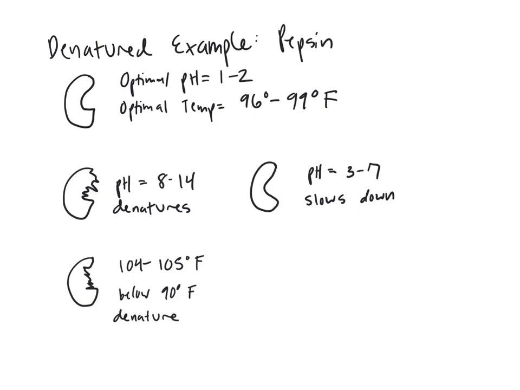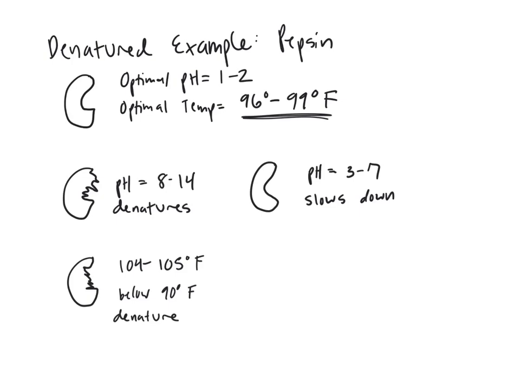inside your body have a similar optimal temperature, just because your body temperature is pretty uniform throughout all of your organs. It's not like pH, where your stomach has a really acidic pH and your intestines have a more basic pH. So it kind of changes depending on the organ. With temperature, all of your enzymes are going to denature at high temperatures and low temperatures, which is why it is very important that you maintain that 96 to 99 degrees Fahrenheit,